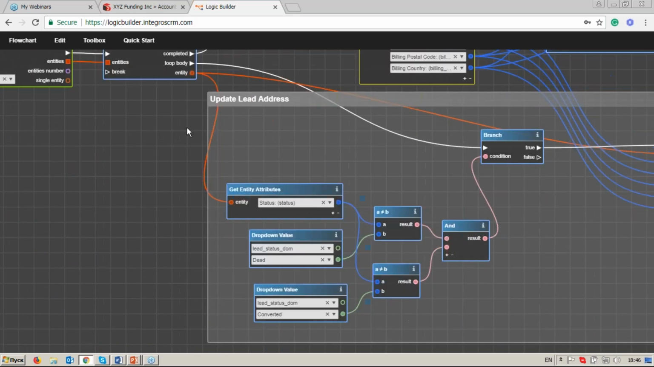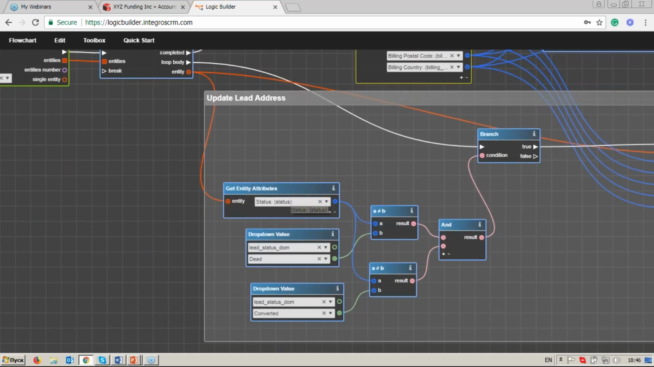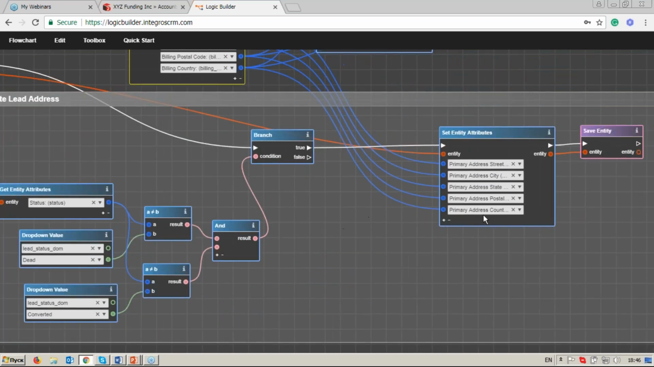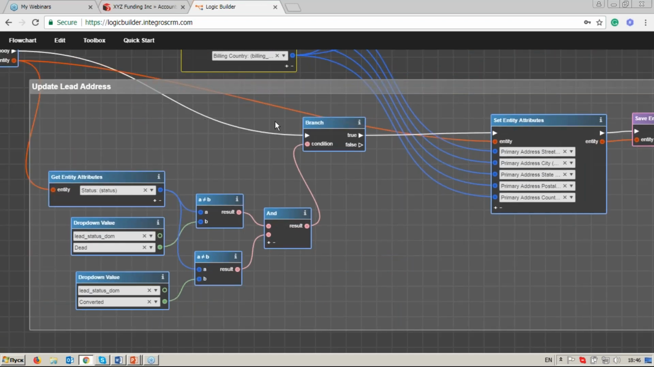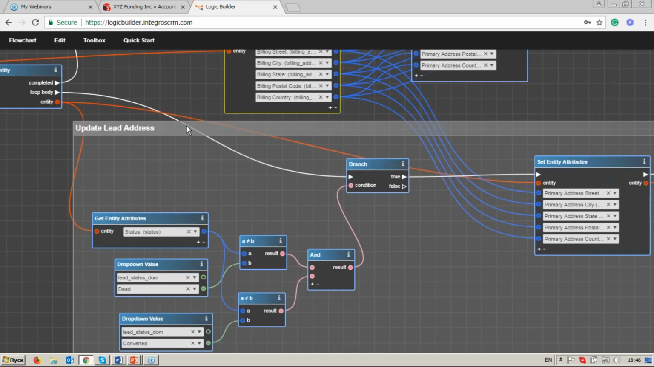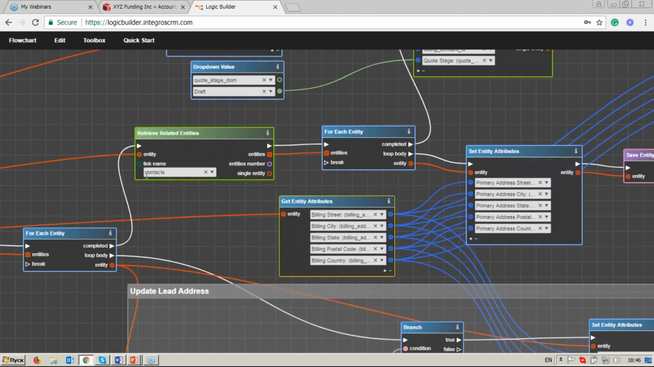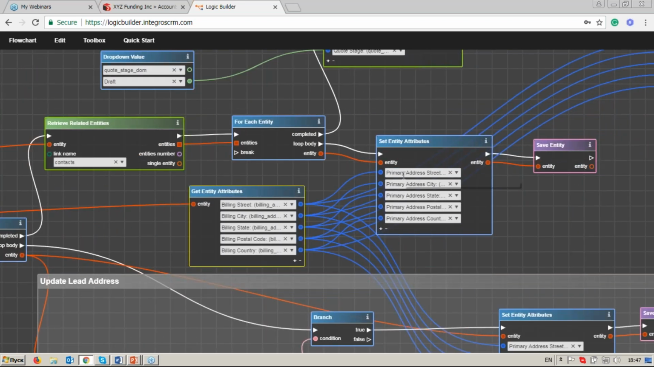We built a loop where we walk through every lead and define whether it's open by comparing lead status with some constants, and then we update values in lead fields with values from account address fields and save our lead entity. This loop is repeatedly performed for every lead. When we're done with leads, we proceed to contacts. In the same way, we retrieve the contacts related to our account, and for each contact, we update address street with values from account